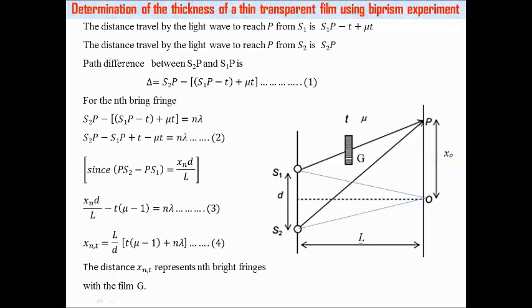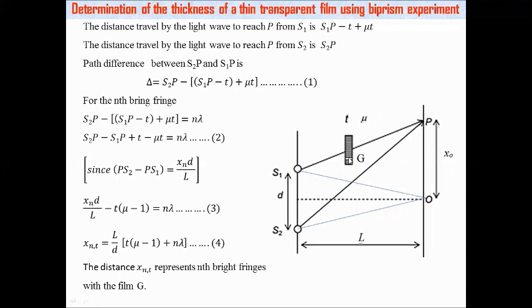After placing the sheet, the path S1O is not equal to S2O, and the central bright fringe shifts from O to P. The light wave from S1 to P travels partly in air and partly in the sheet Z. The distance traveled in air is S1P minus t, and the distance traveled in the sheet